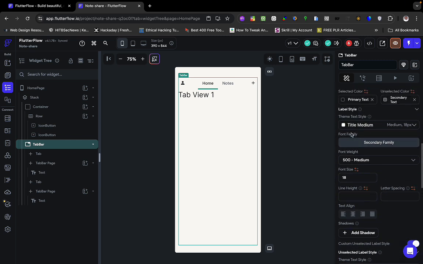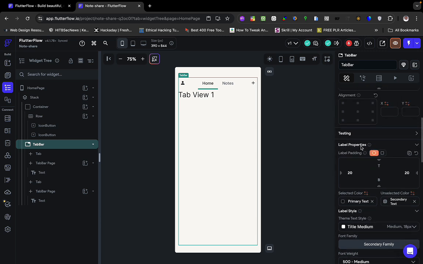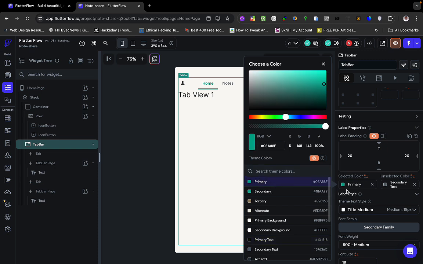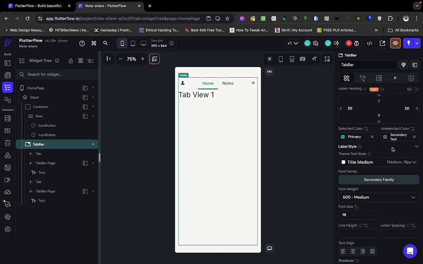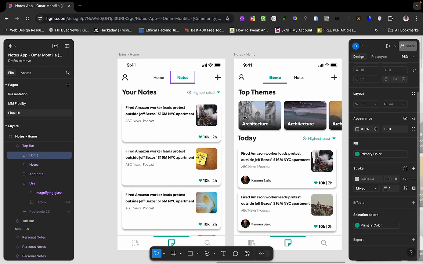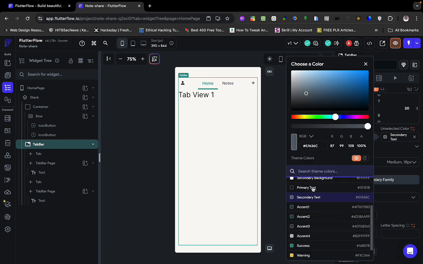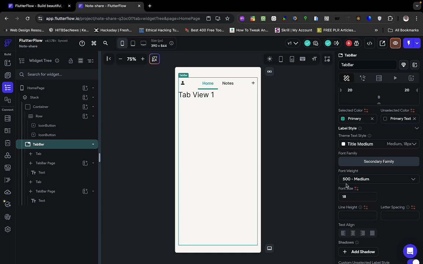Let me see the label properties, selected. Okay, this is of course okay. Now this is what we're looking for. So this is all select and then the selected one. We are going to give it our primary color, and then the font weights. For this, I think this is okay. Let's use the primary text. This is the primary text for the unselected icons, as you can see here. And then for the font weight actually,